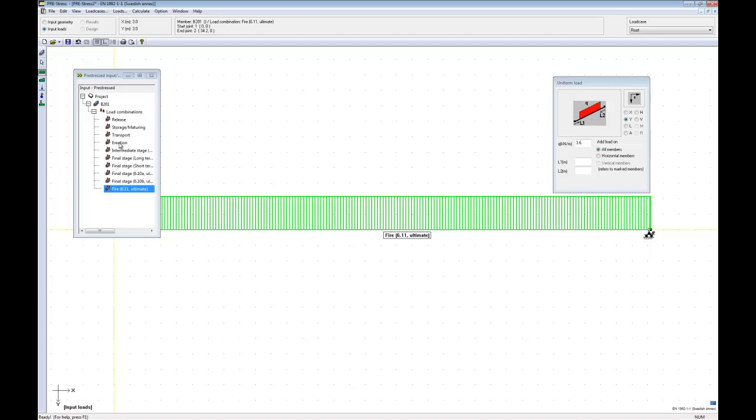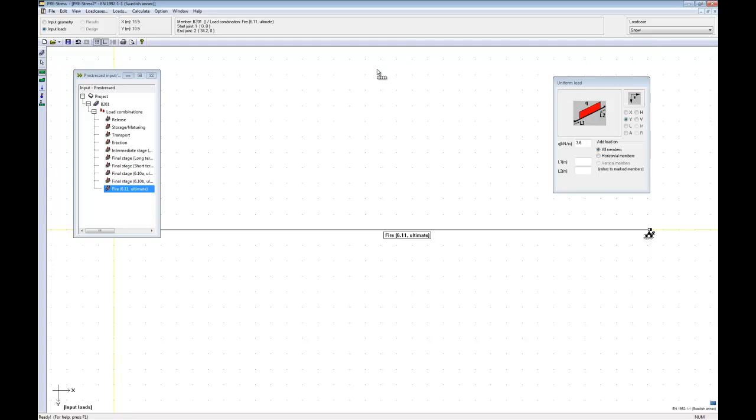If I take a look at the snow load, I will add a snow load of 14 kilonewtons per meter, and this snow load I will assume will not be applied here in the erection phase, because you are still making the structure here, and they must have access to the roof and need to shovel it